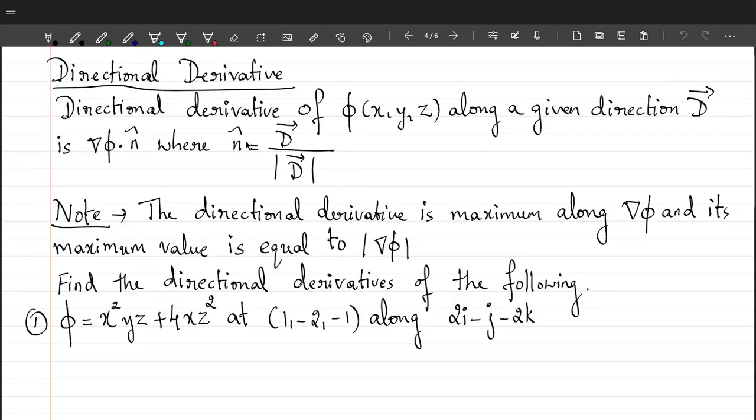This topic is really important. In this, they will give you one surface phi. First of all, you calculate the value of del phi or gradient of phi, and also check whether they have given you some points here. Using that, find the value of del phi. Then you calculate n cap. They will give you one vector d. Using that vector d, find the magnitude of vector d and then find n cap. If you want to find the directional derivative, then the formula is del phi dot product with n cap.